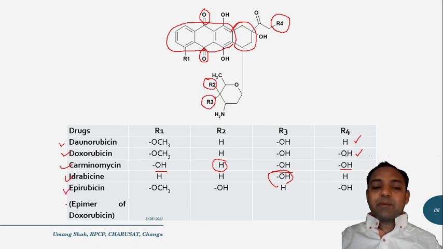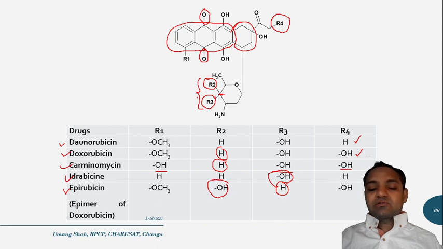And as I said, epirubicin is an epimer of doxorubicin. So if you look at the structure of epirubicin, at the R3 and R2 positions, okay, this is the R3 position. In epirubicin the R3 position has a hydrogen, but in doxorubicin the R2 position has a hydrogen. So these two substitutions are attached to the carbon, and the substitutions on this carbon are changed. In doxorubicin there would be some different substitutions, and in epirubicin there is also a change in substitution that is observed. So this is a very important question.